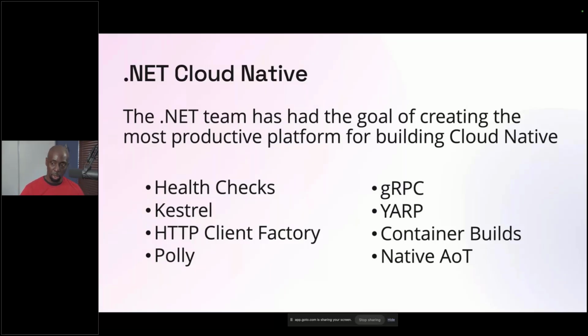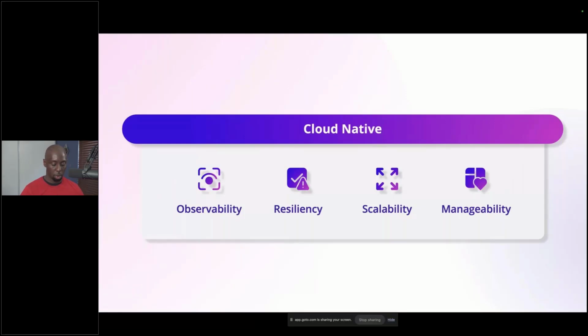So what are some of the things that we think about when we think about what cloud native is? Or what are some of the additional things that we want to include in that space as we're building our applications? And some of those things include observability, right? The ability to know what's happening in my application, logging and tracing and metrics, right? You hear folks talk about OpenTelemetry when they particularly talk about that stuff in the cloud native space.